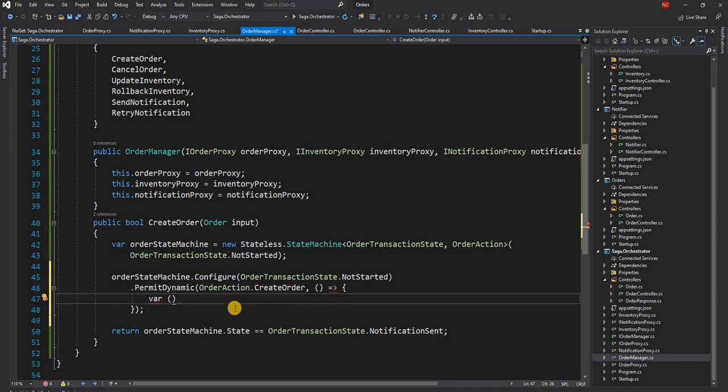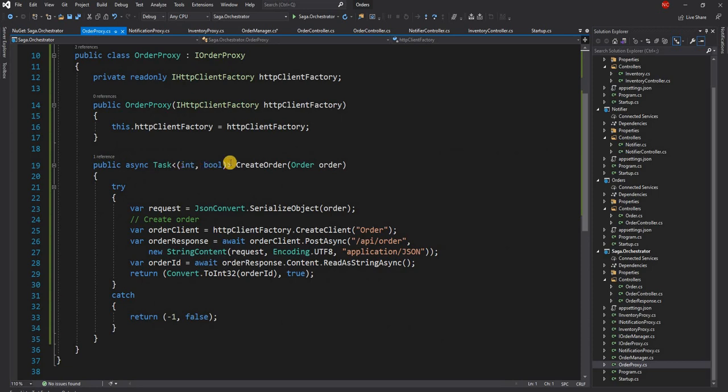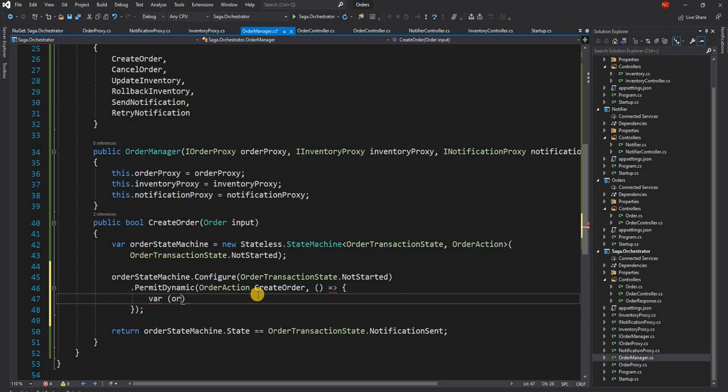So for this one, what we are going to do is call the order proxy to create the order, and the order proxy returns a tuple of int and bool. So do all the other proxies. So what we are going to do here is take the order ID and is success is equal to